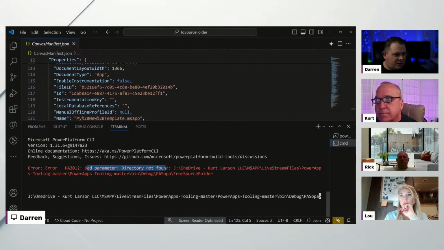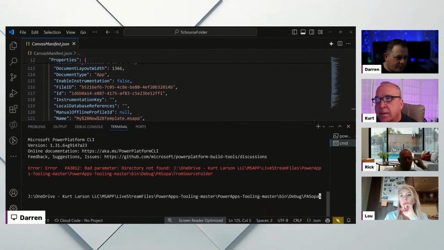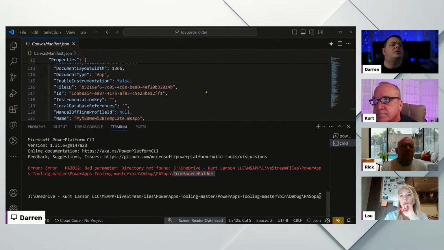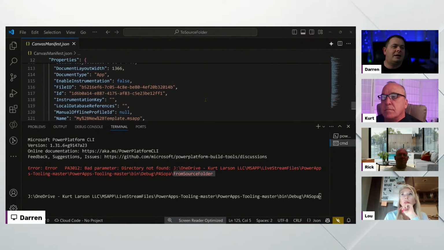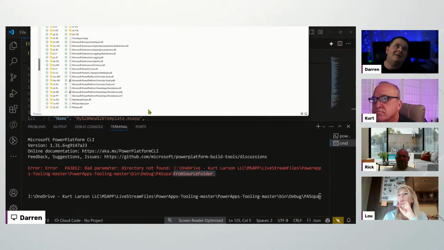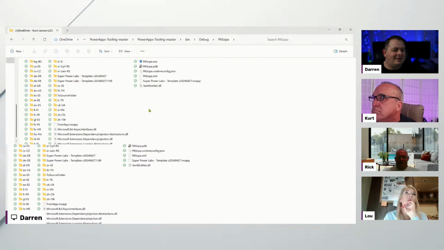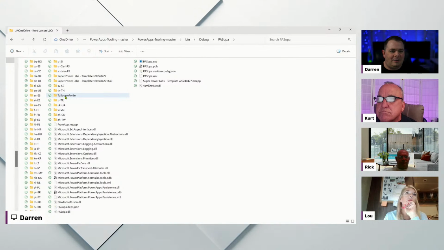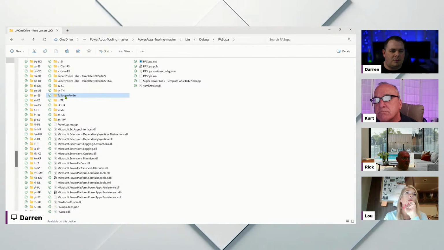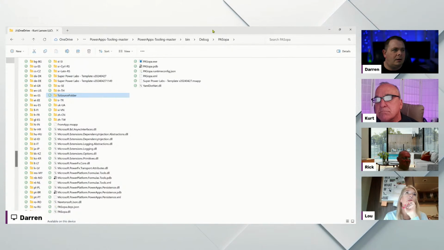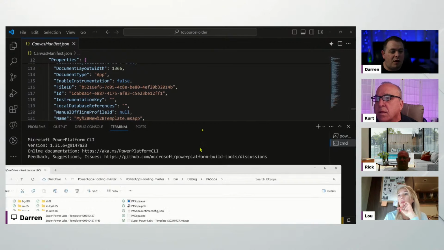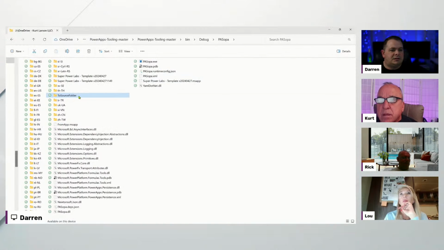Bad parameter, directory not found. Okay. From source folder. Okay. I'm going to go here, if I can get my Windows Explorer to move. And it is called to source folder. Oh, it's called from source folder. So let's